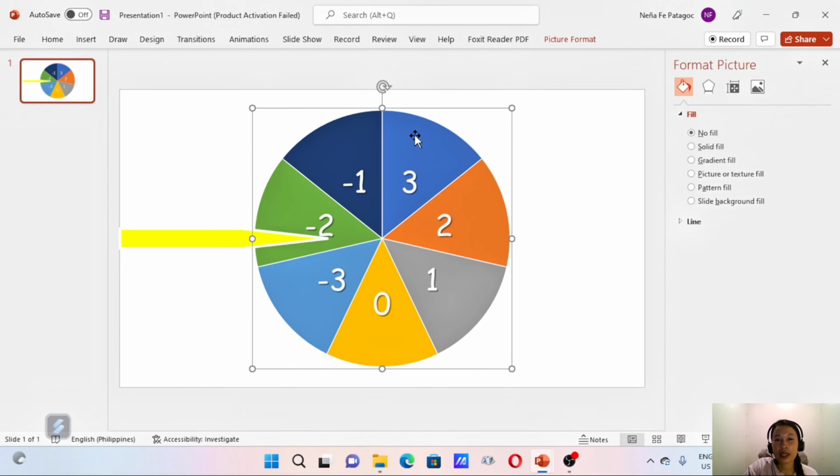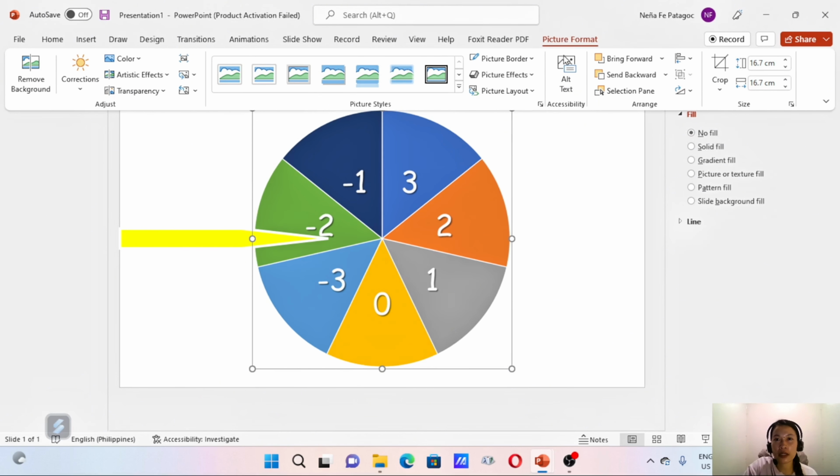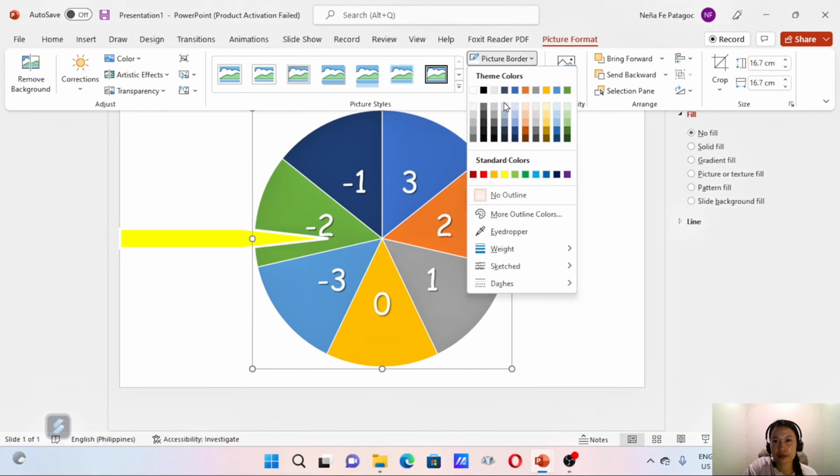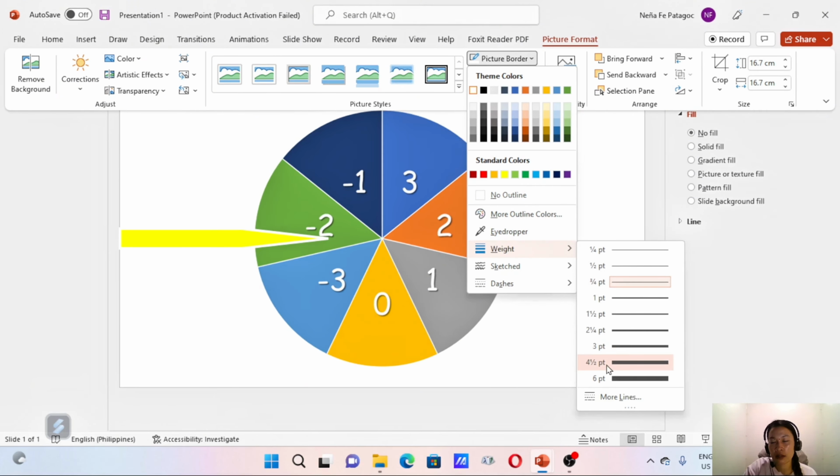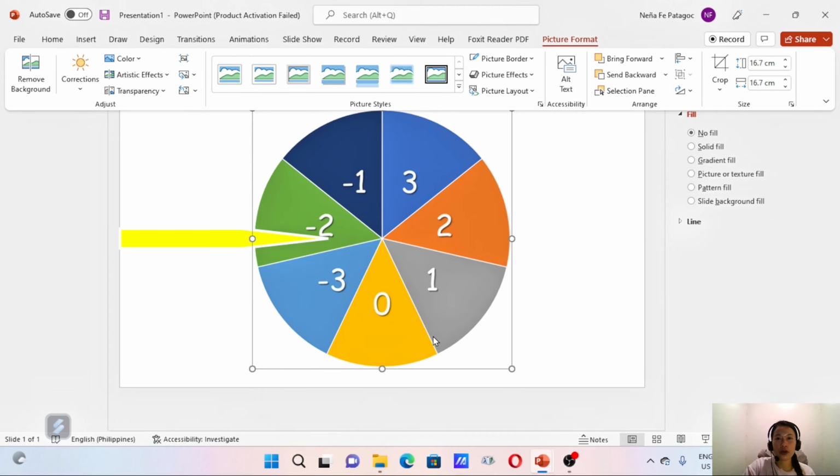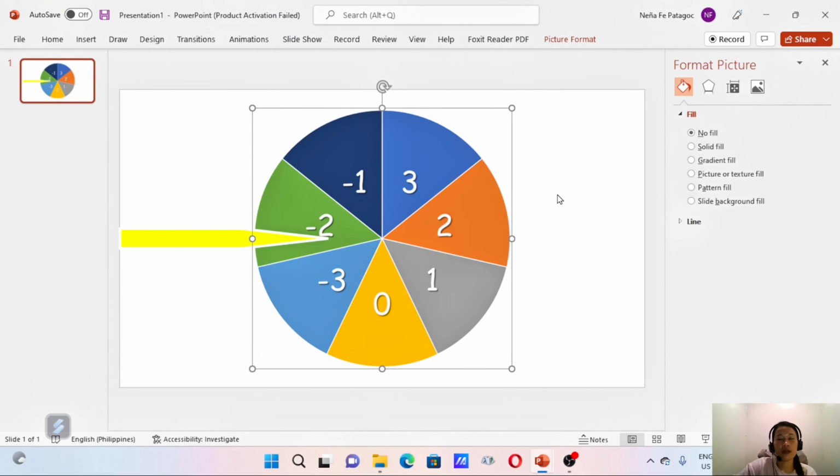Also, we can add an outline to our spinning wheel by going to picture format and then click on picture border. For me, I would choose white again for this one and choose its weight to 4.5. Okay,